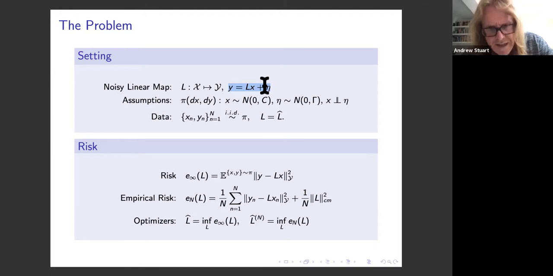And in this setting, we're able to fully analyze, in a Bayesian sense, the learnability of L. I won't go through all the detailed notation here, but anyone who's interested can get the slides from me, or I will give them to the organizers to put on the website.